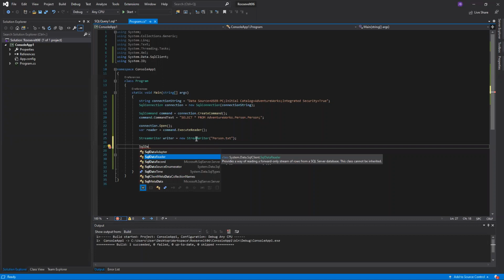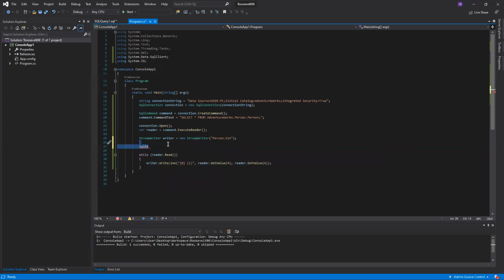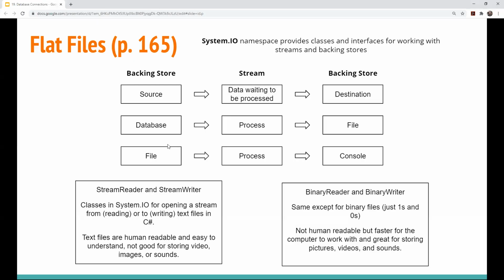Okay, forward-only. Exactly. That appeared in both the SQL data reader and the XML reader, and it applies to the stream reader as well. They are forward only. And guys, that's a huge disadvantage. If you're working with some complex data that you're fetching from a database, sometimes reading forward only is really ineffective,